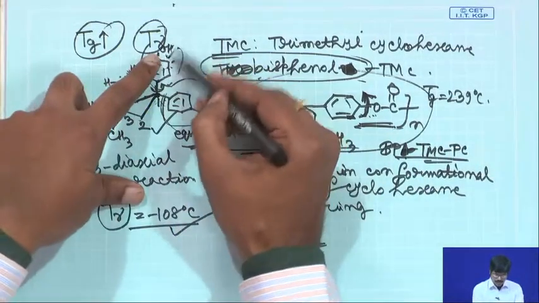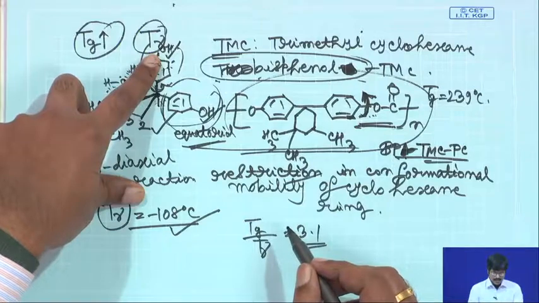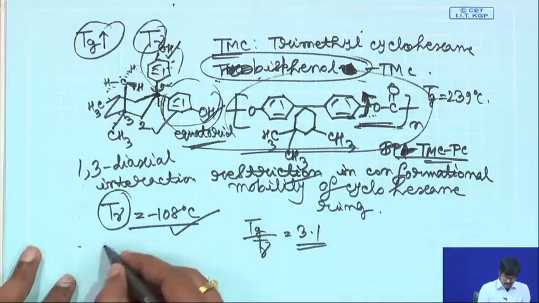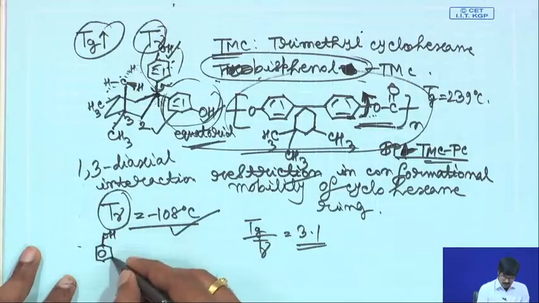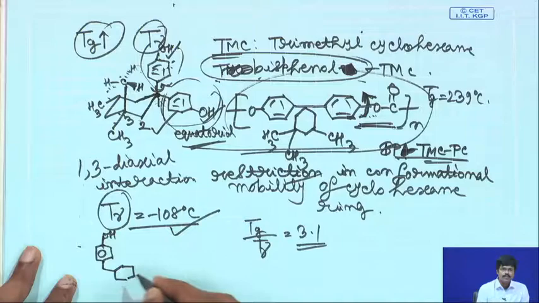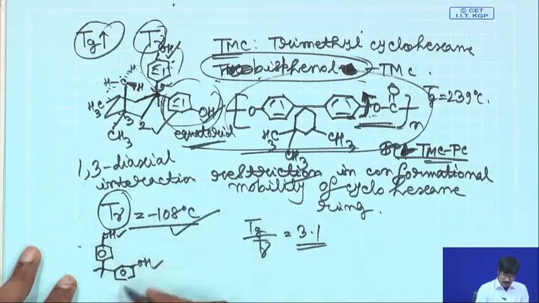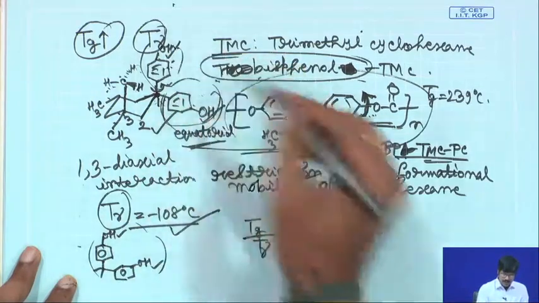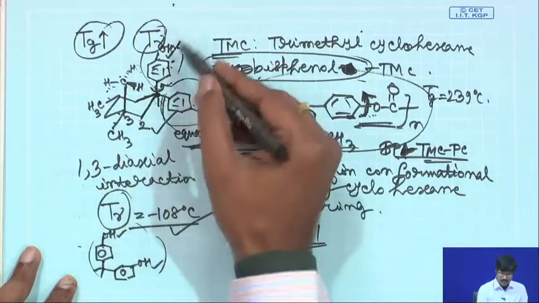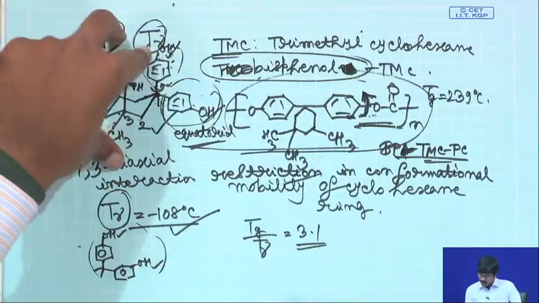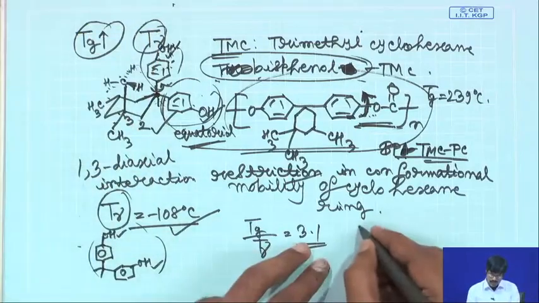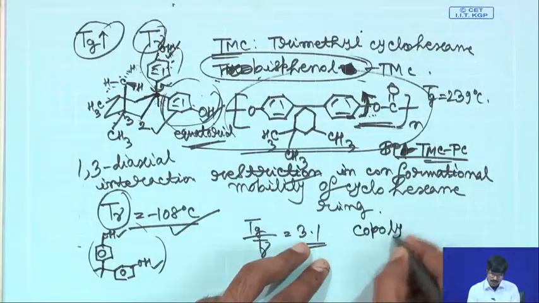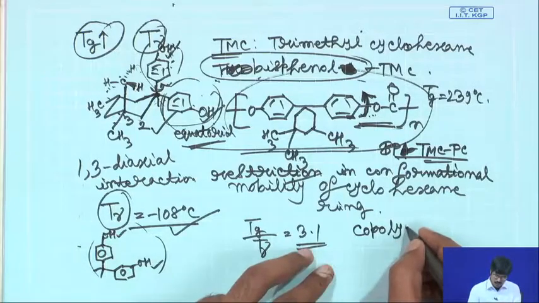Also, this phenolic OH group and the phenolic OH group of bisphenol A. So, if you look at this molecule and if you look at this molecule where you have 2 methyl groups, these phenolic groups here in bisphenol A and the phenolic groups in this bisphenol trimethyl cyclohexane, they have similar reactivity. So, since they have comparable reactivity, you can actually prepare copolycarbonates from them. You can actually prepare copolycarbonates.